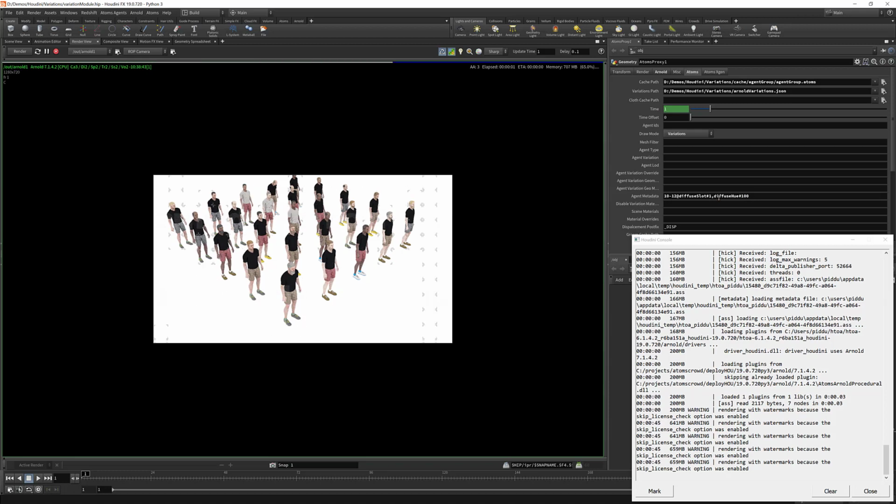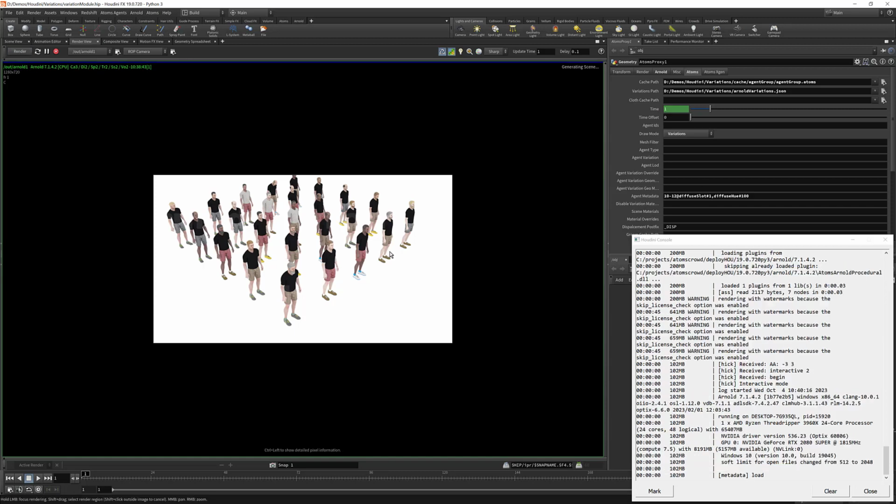For Arnold, the valid range is between 0 and 360. Whenever you create these metadatas during your simulation, always check which type they should be, and this will be listed in the documentation. Again, for each render engine they might change, so please check the documentation. You don't really need to, you can override them here at render time on the proxy directly, but otherwise you can even set these metadatas directly on the simulation and then cache them out. So if I do render,